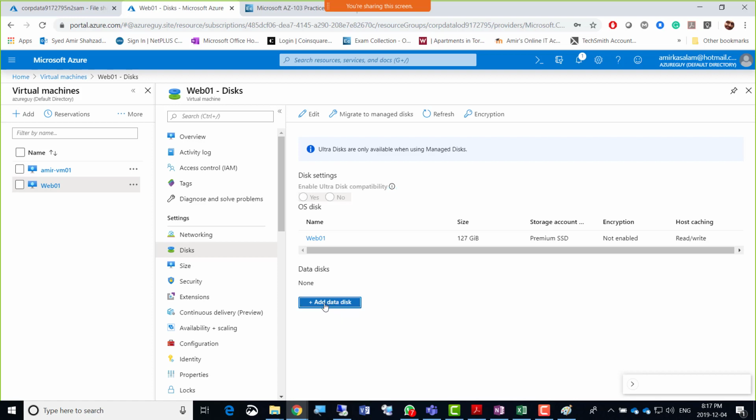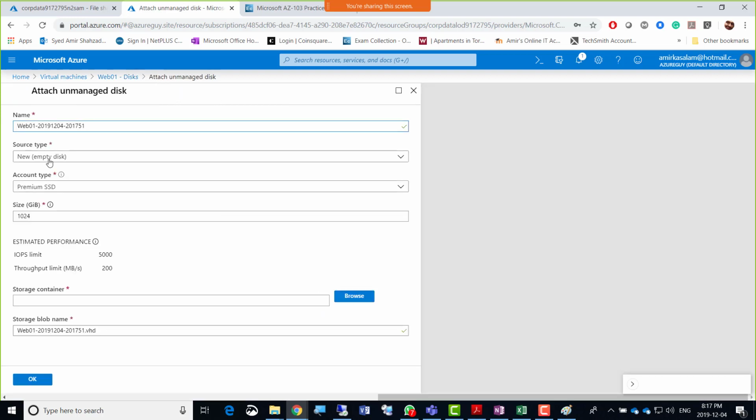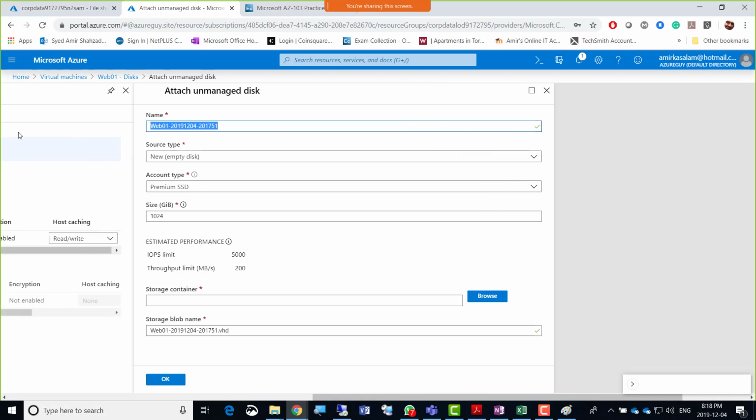If I click the add data disk, am I doing it correctly? There's that new disk here, but it's not an already attached disk that we're going for. This is the disk that you can create, attach unmanaged disk, right? And I'm just going to put this name here, new empty disk, premium SSD.